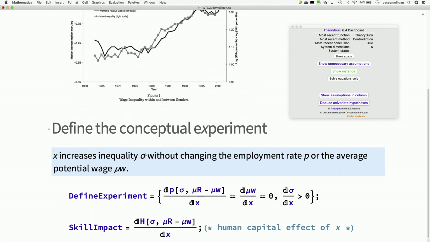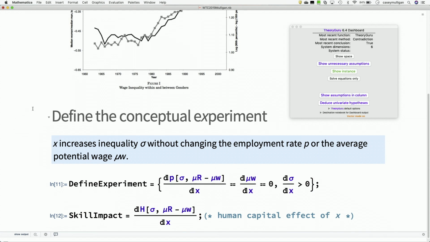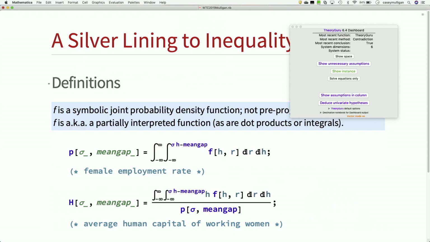But X is going to increase inequality, which is measured by sigma, without, this is a conceptual experiment, changing the employment rate of women or the average potential wage of women. And so that's what I've defined here. What do I mean about X? It's keeping employment constant, it's keeping the potential wage constant, but it's increasing inequality. So we'll put that in. And then I'm going to be interested in, well, what's going on with the average wage of working women? H is going to refer to the average wage or human capital of working women, and X did something to that over time. And we'll be interested in what is that something qualitatively or perhaps even quantitatively. So that's kind of my setup. And then we need a little bit more setup to pose a query,